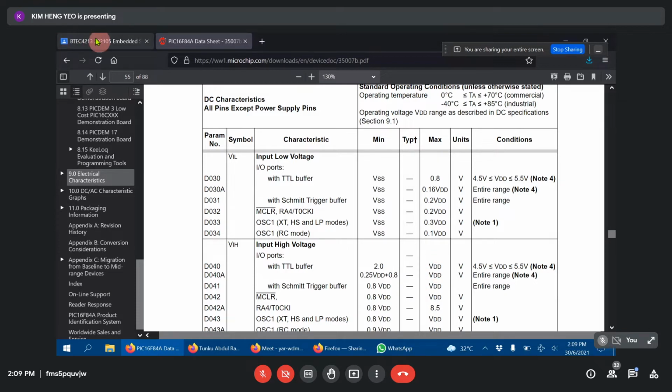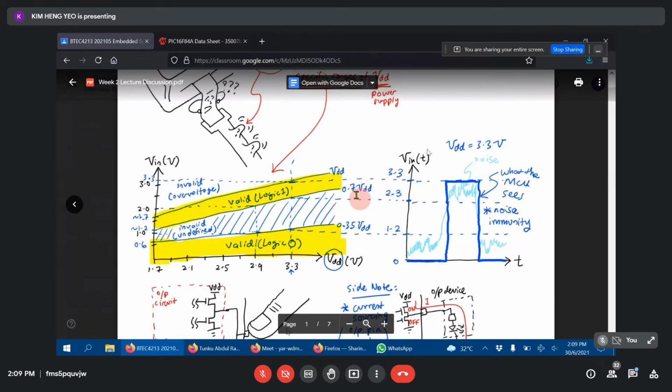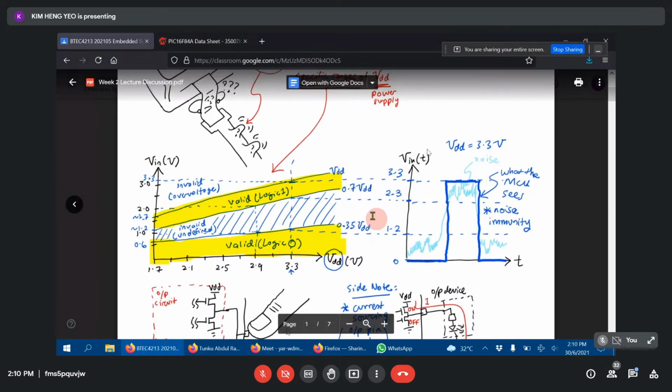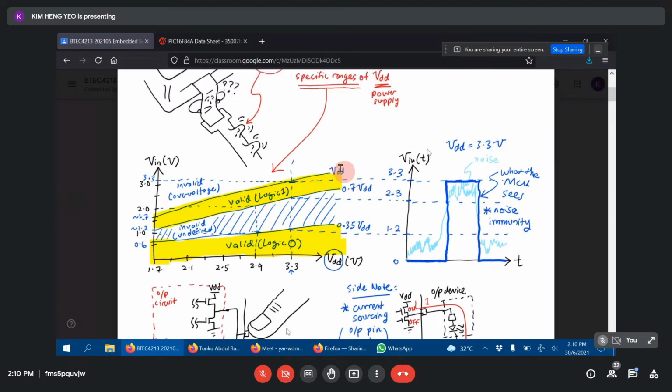2 to VDD. So what was our value? 70% of VDD to VDD. Okay, so if VDD is 5 volts, then it will be 3.5 to 5. 70% of 5 volts is 3.5. If your VDD is 3.3, then 70% of that will be about 2.3, so 2.3 to 3.3. So you see the range is not very big now,